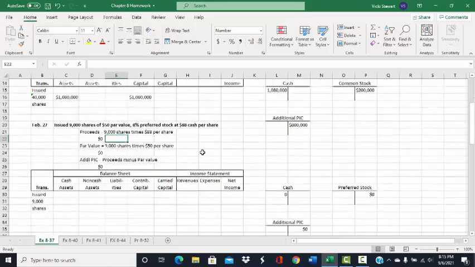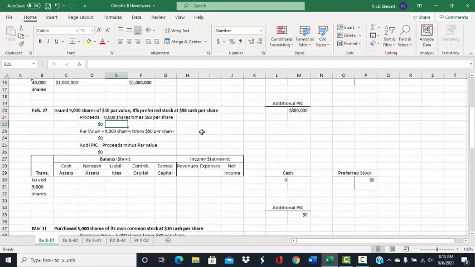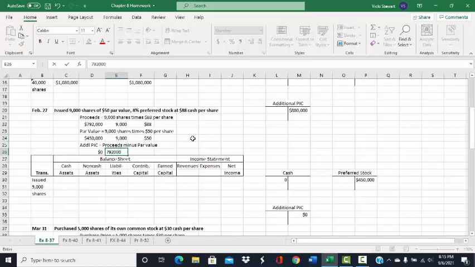$880,000. On February 27th, Powell issued 9,000 shares of $50 par value, 8% preferred stock at $88 cash per share. So again, we need to determine what the proceeds from the sale of the 9,000 shares at $88 per share would be, and that is $792,000. Next, we need to determine what the par value of the 9,000 shares is at $50 per share, and that's $450,000. To determine the additional paid-in capital, we take the proceeds of $792,000 and we subtract the par value of $450,000, and we get